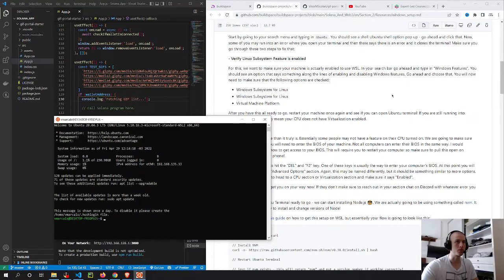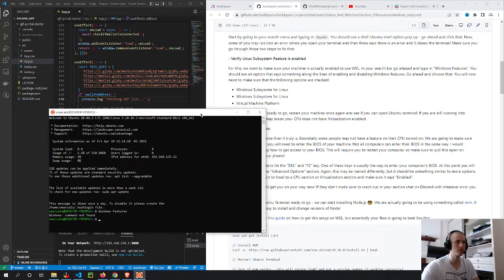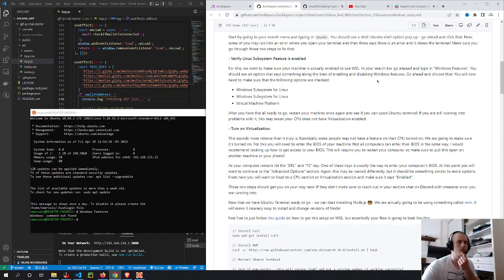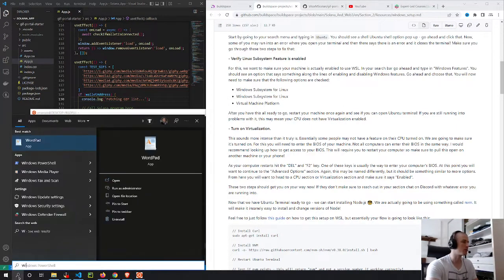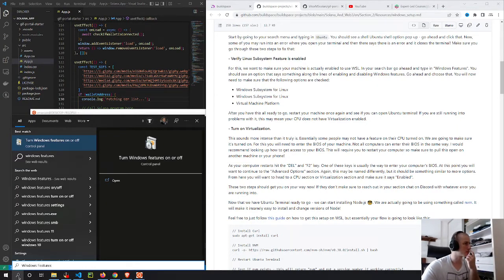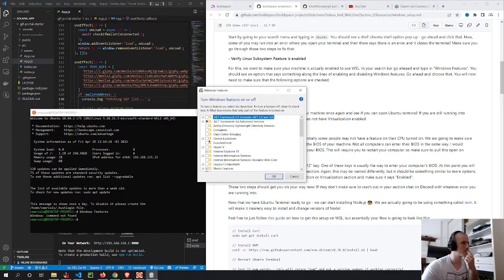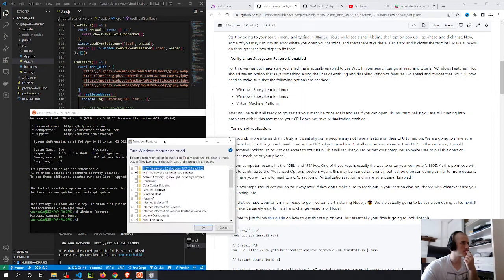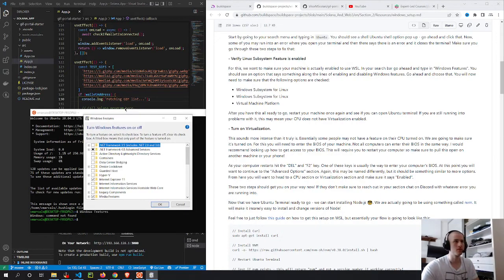So I think I'm supposed to write this here. No. Maybe in your search bar. So here, Windows features. You should see an option that says something along the lines of enabling and disabling. Go ahead and choose that. You'll now make sure to